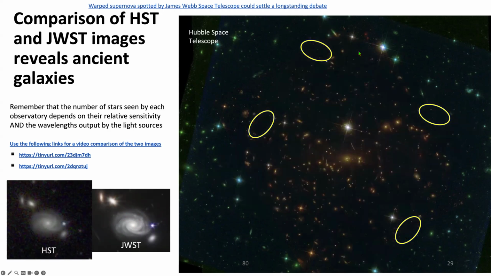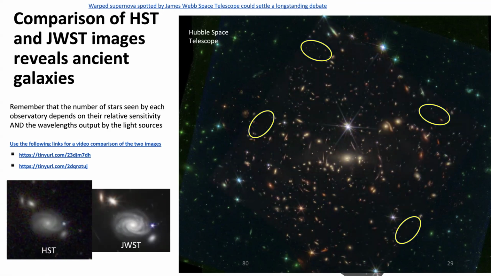Let's go backwards. This is what Hubble sees. I hope you can see it on your screen. Faint little dots, mostly visible wavelength. Now we're going to overlay what James Webb sees. All these additional galaxies that have come into view are older than the oldest galaxies that Hubble Space Telescope can see. And we also see these arcs,